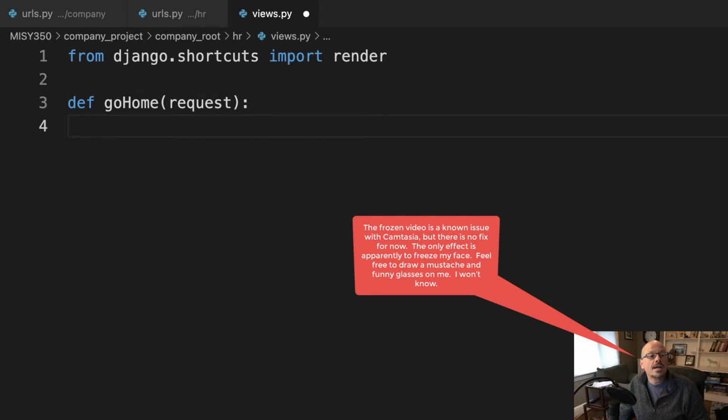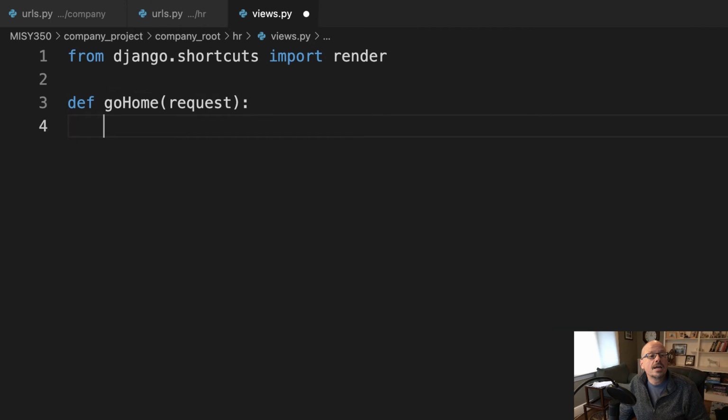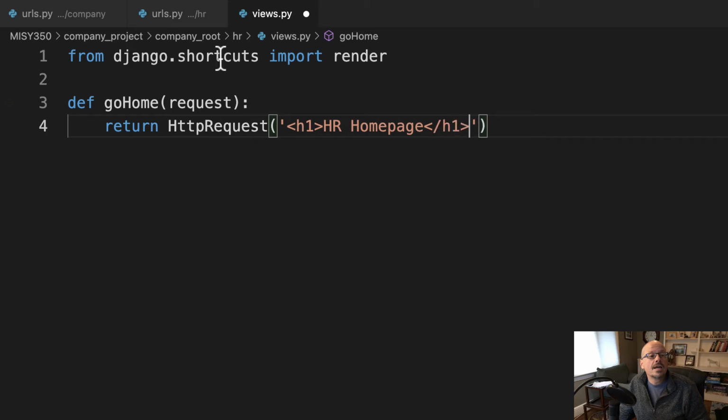And then I'm going to do something very, very simple. I am going to say return HTTP response, and I'm just going to build a very simple HTML example here. So we'll say HR homepage. All right. And now I need to import that. I'm not using render right now, but I will use it in just a second. So from